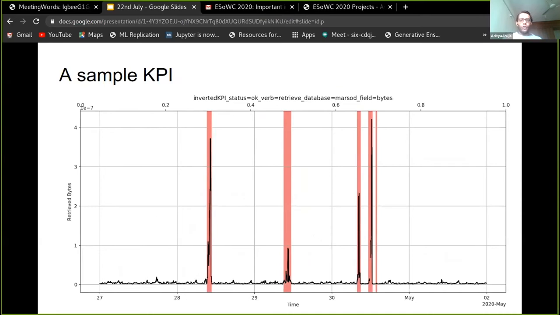And yeah, moving on to the next slide, one of the ways we go about detecting anomalies is by creating KPIs, which stand for key performance indicators. Here we have generated a sample KPI, which corresponds to an inversion of the original time series we saw earlier. This is interesting, as we can see that the peaks in this time series, which correspond to declines in the number of bytes retrieved as we're doing an inversion, align very well with the actual times when we had anomalous behavior. So it's very easy from this for even a human to understand that these were the times when you actually had an anomaly.